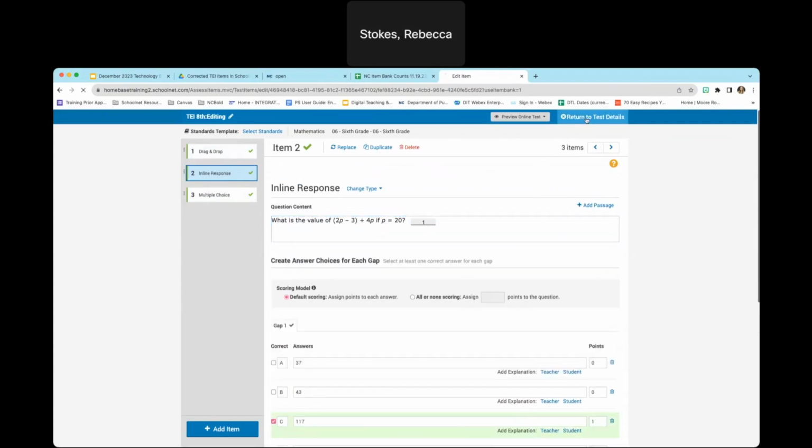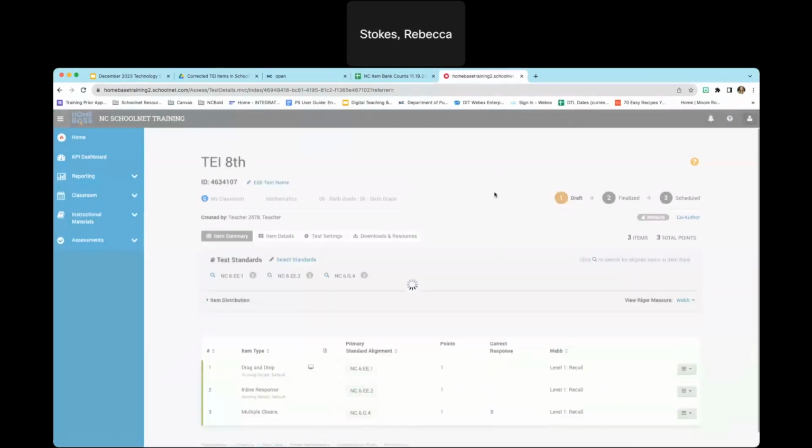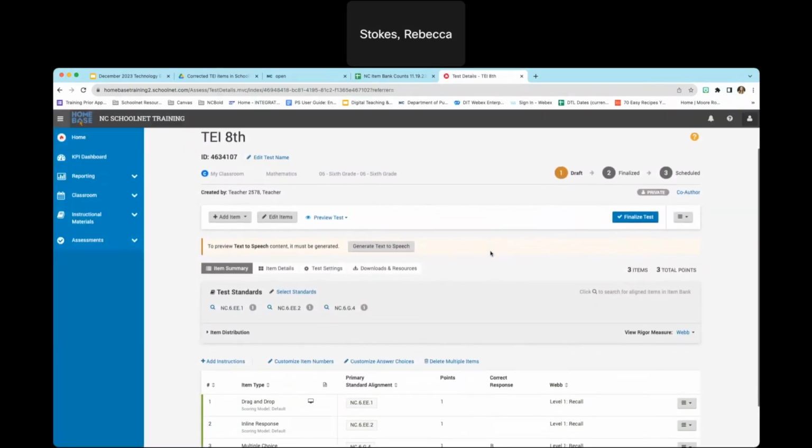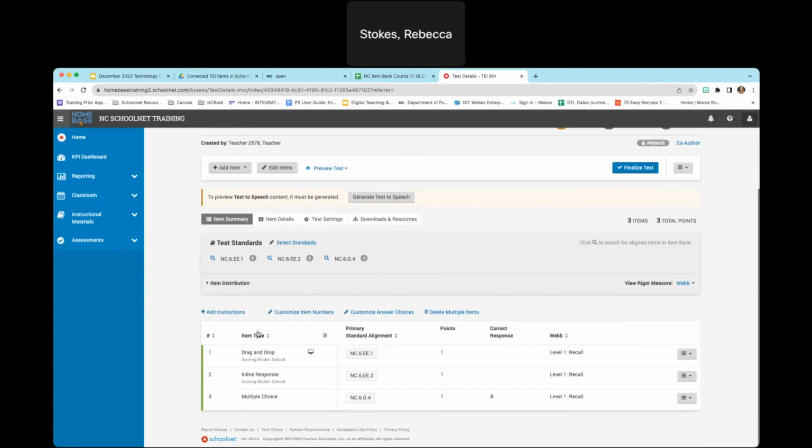I'm going to return to my test details. And notice right below the item types, okay? It just tells me drag and drop, inline, multiple choice. And there's nothing located right here. As soon as I click finalize,